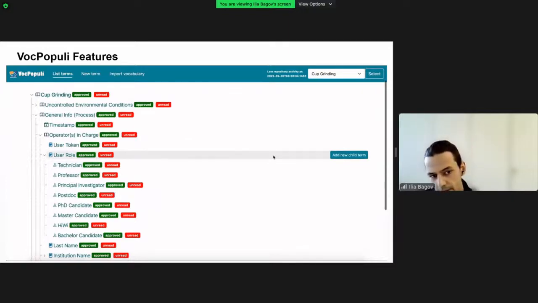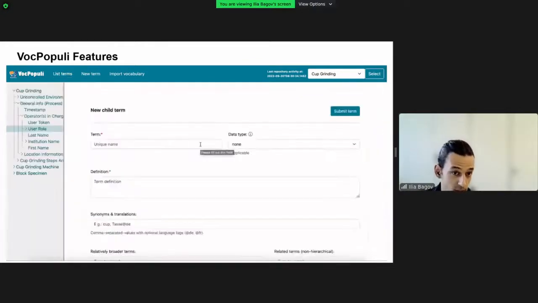Now, a very basic use case, I would say, is that of adding new terms to the vocabulary. This can be done fairly simply. For example, using the Add New Child Term button, which opens up this form. Now here, I wanted to add the term student trainee to the vocabulary. Student trainee is just a kind of user role. As soon as I clicked on Add New Child Term, this form came up. And here you can see the different kinds of information which one can input per given term.